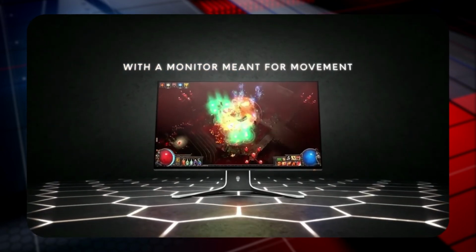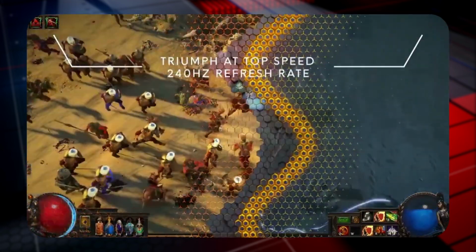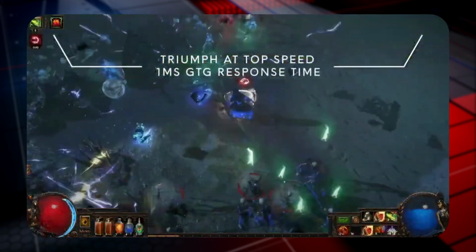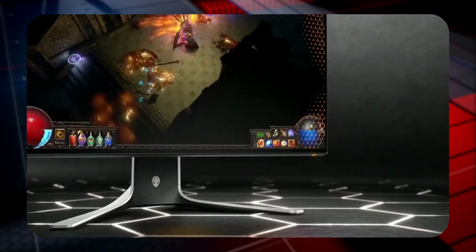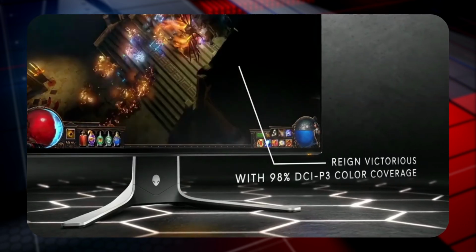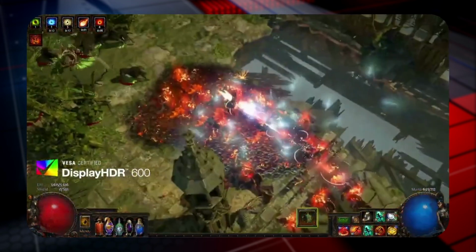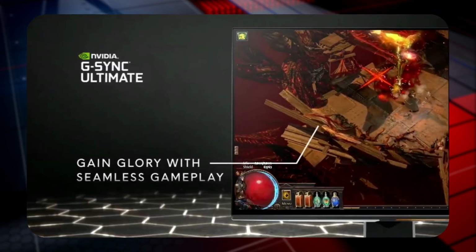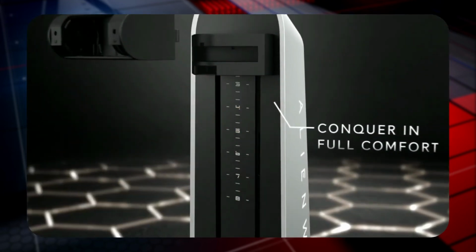Usually, you have to compromise between picture quality and the performance of your monitor for competitive games. With the AW2721D, there are no compromises to be made. The monitor does extremely well in both reproducing gorgeous images for atmospheric games as well as giving you the edge in competitive games. Despite how geared towards gaming the monitor looks, the display has a fantastic color accuracy, covering 98% of the DCI-P3 color gamut. So if you're a gamer, but also dabble in some photo or video editing, the AW2721D will be the perfect